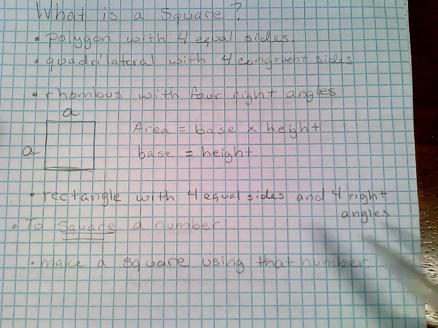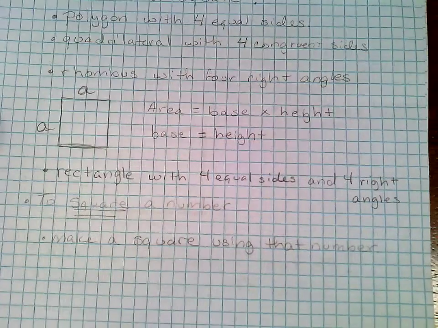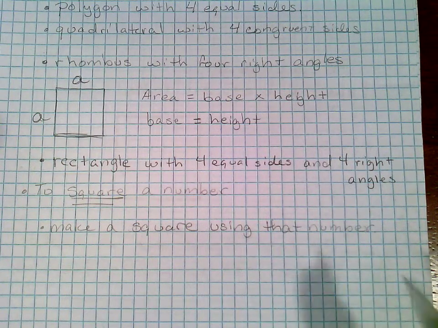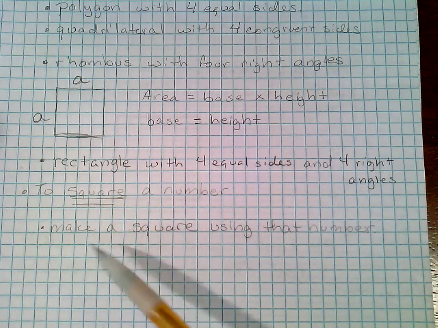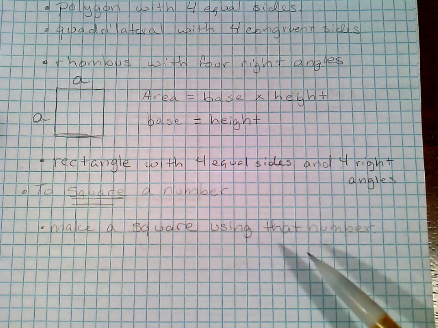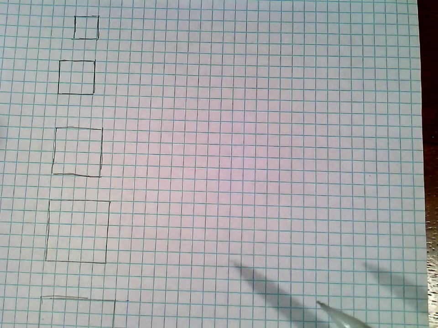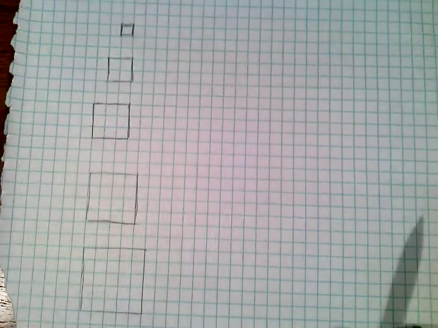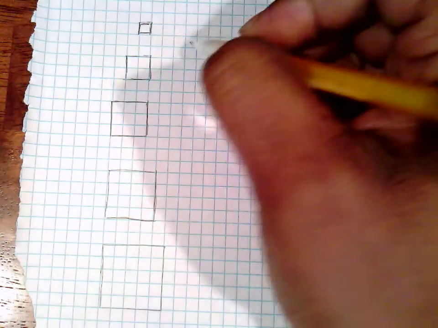So what exactly does it mean to square a number? Well, to square a number means we're basically going to make a square using that number. So let's have a look. If we take a number and make a square out of it,